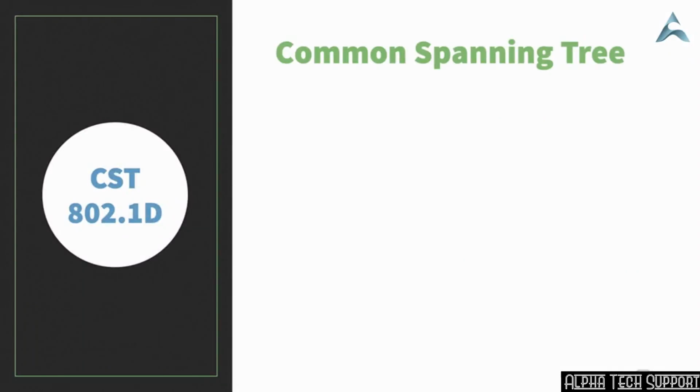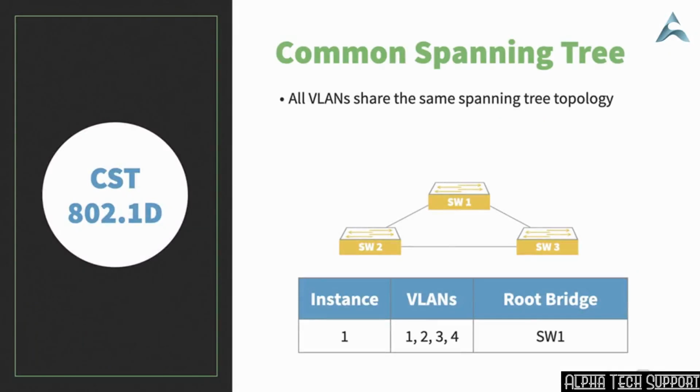In this video, let's consider some different versions of spanning tree protocol. Let's go back first to the original industry standard. That was IEEE 802.1D that came out in 1990. And with this version of spanning tree, we say that it is a CST, a common spanning tree, meaning that